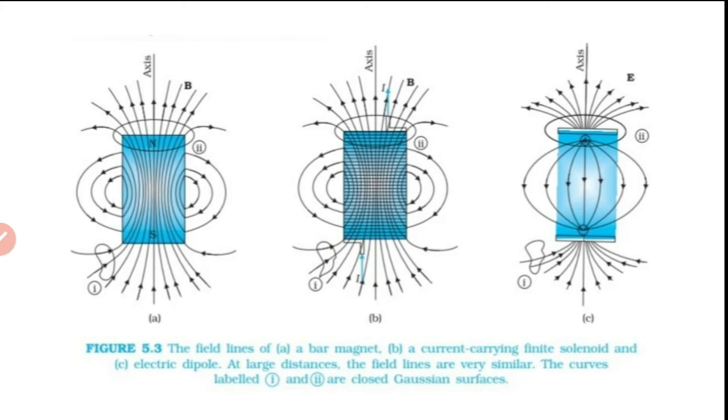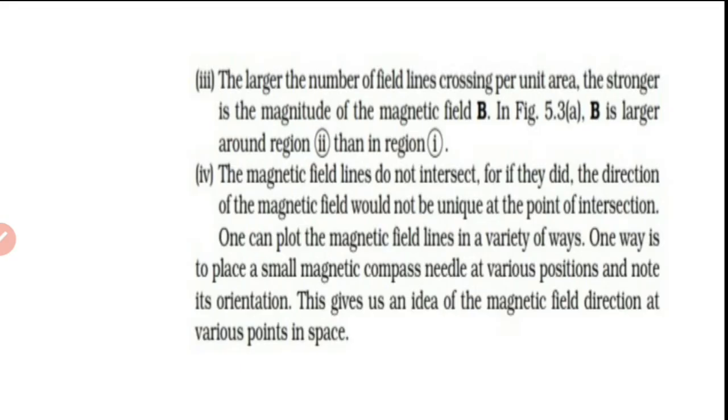comparing. From the first two diagrams, it shows that the field due to a solenoid is similar to the field due to a bar magnet, or the field due to a magnetic dipole. So the magnetic field due to a solenoid is the same as the field due to a bar magnet. That is the first thing we are discussing, the resemblance between the field lines of a bar magnet and a solenoid.